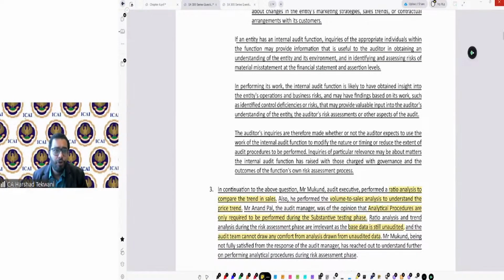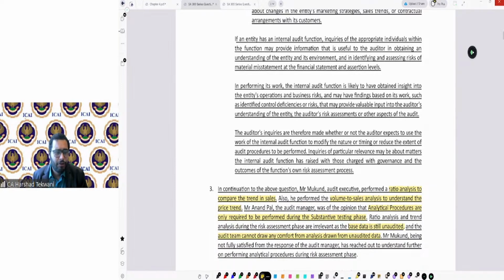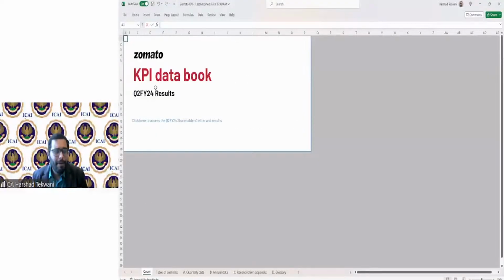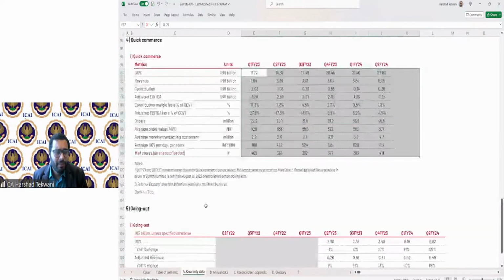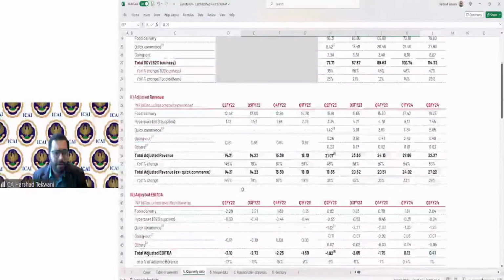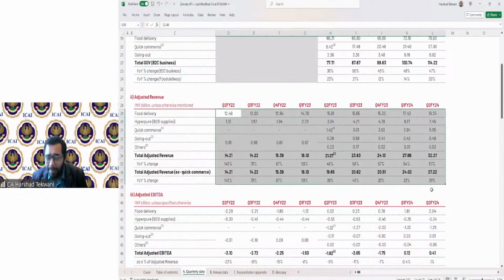Okay, let me show you something. We have already discussed this, but let me still show you. Remember the Zomato KPI data book that we discussed, the publicly available data? Whatever is done here, if you see, if I consider this particular thing, or if I perform this particular